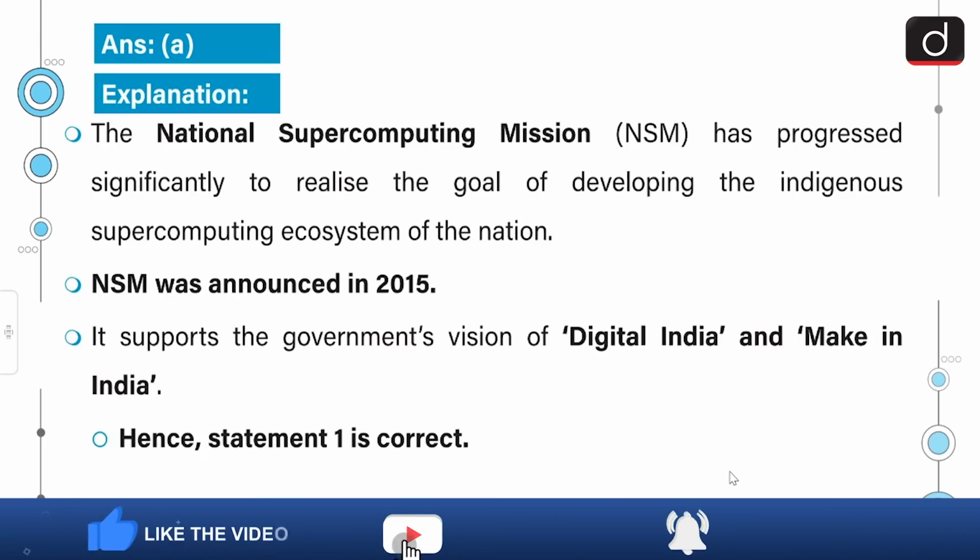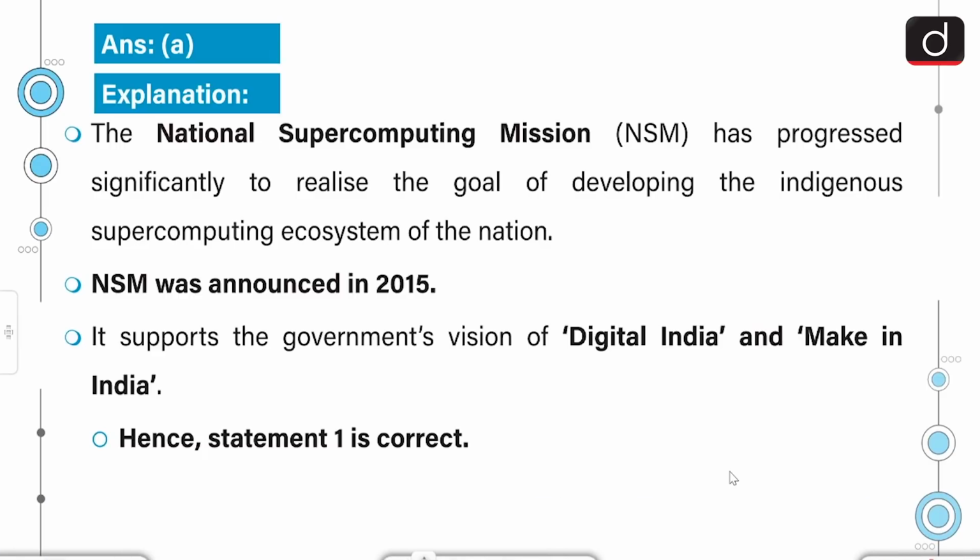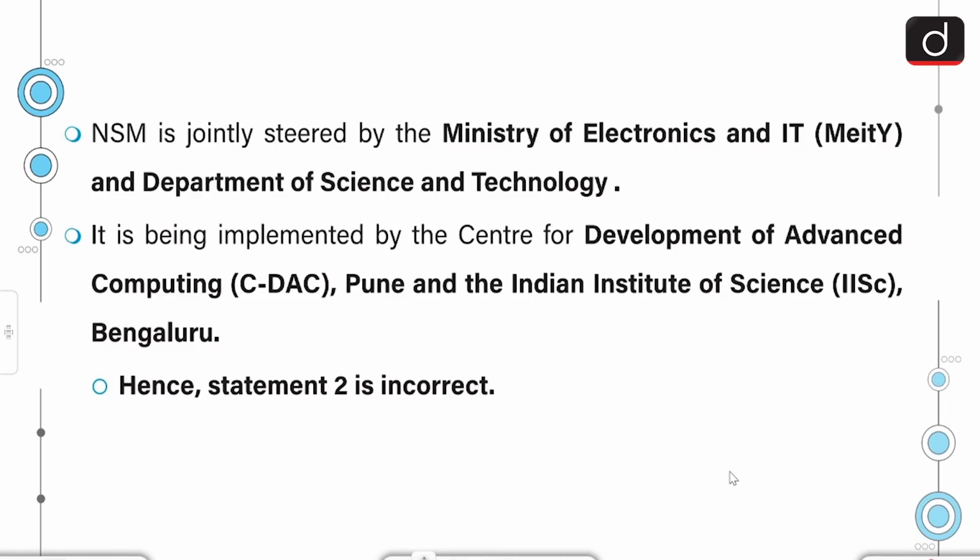The National Supercomputing Mission has progressed significantly to realize the goal of developing the indigenous supercomputing ecosystem of the nation. NSM was announced in 2015, which supports the government's vision of Digital India and Make in India. It is jointly steered by the Ministry of Electronics and Information Technology and Department of Science and Technology. It is being implemented by the Centre for Development of Advanced Computing, Pune, CDAC, and the Indian Institute of Science,